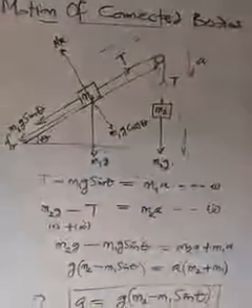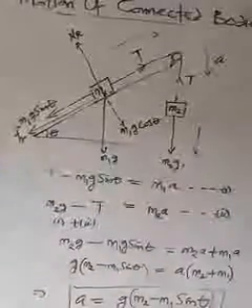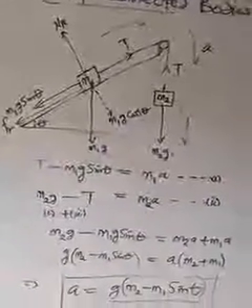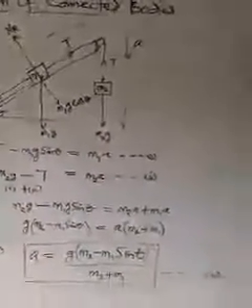If you have the normal reaction, we can calculate the normal reaction by considering that the body, the mass m1, which is on the plane, the sloping plane, is at equilibrium. Then from there we can determine the normal reaction and substitute into this equation to determine the acceleration of the